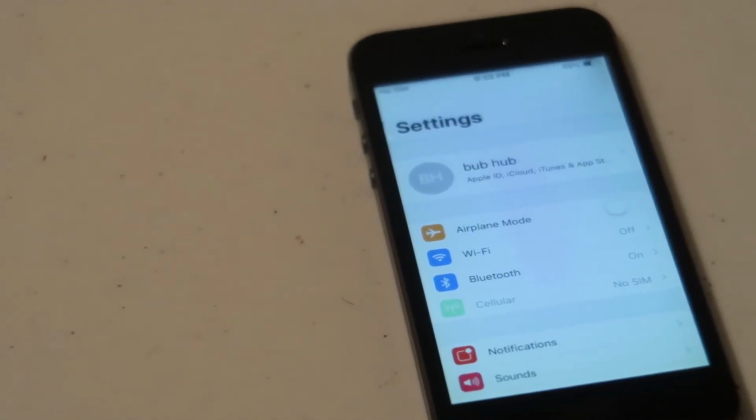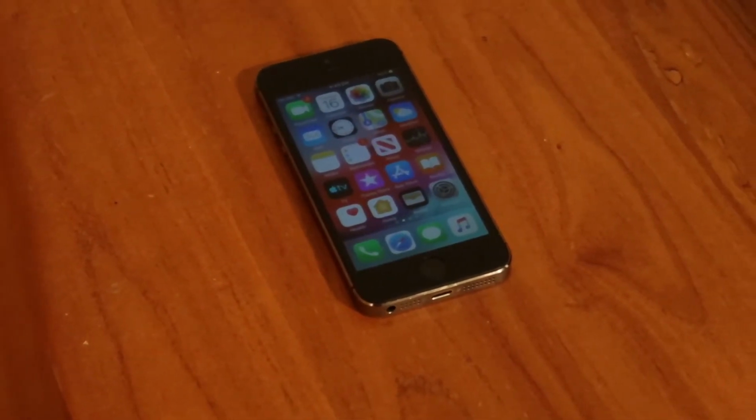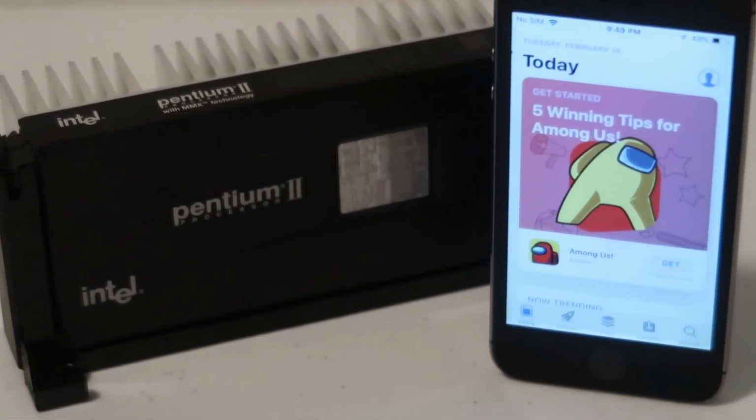So yes, technically you could still use an iPhone 5S in 2021. However, I definitely do not recommend it. It's definitely going to be slow and you're going to have to replace the battery, but it's not worth it. The only reason I can see anyone buying this device is, of course, if they want to get into repairing,